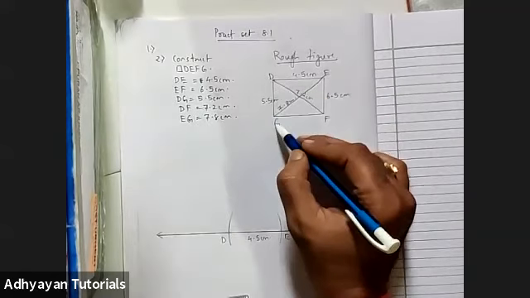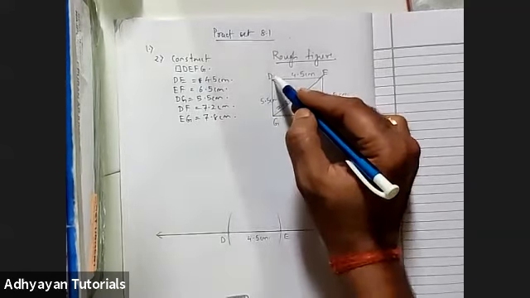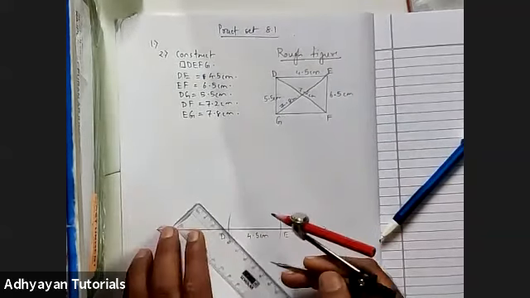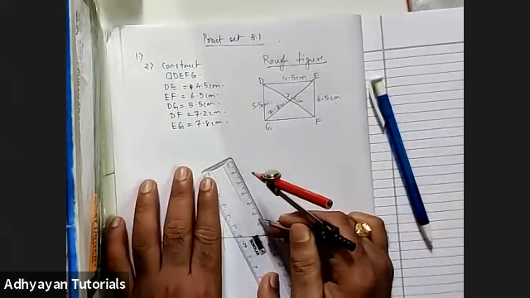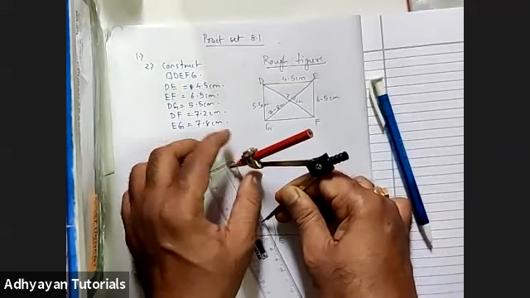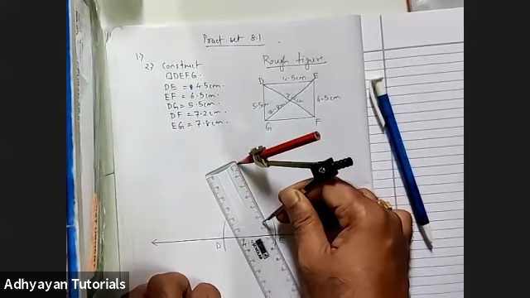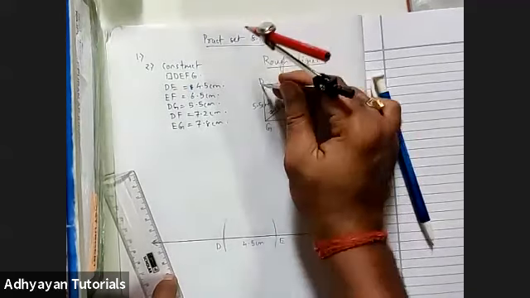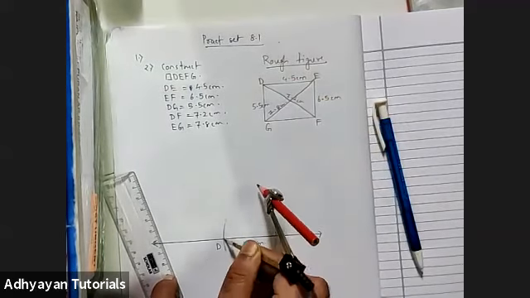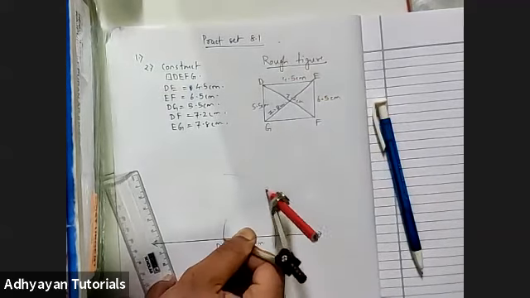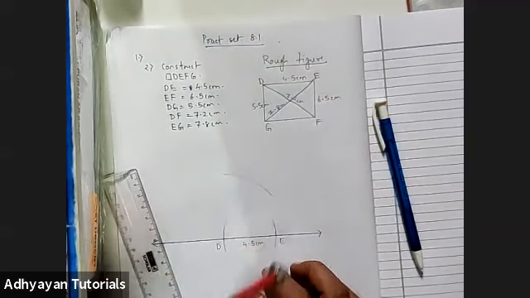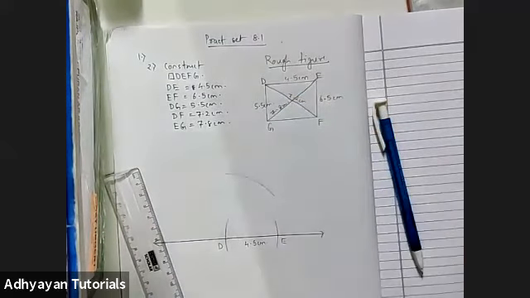So in order to locate point G, DG, the distance is 5.5. DG is 5.5. I take 5.5 centimeter in the compass. Right? So this is 5.5 centimeter. I place the pointer on D since the name is DG. So of the two points, D and G, only D is available, and I draw a beautiful arc. The arc which I have drawn, children, I've purposely drawn a little bit bigger because I don't know where the intersecting arc would be, right?